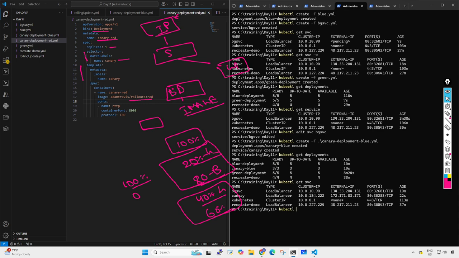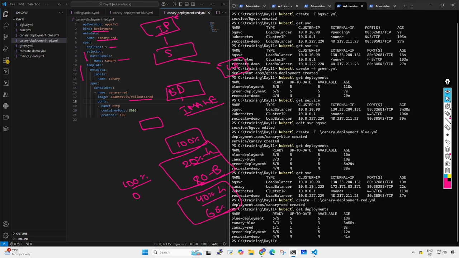Let me run a command called kubectl create -f canary-deployment-red.yml. Okay, it has been created. I'll run a command called kubectl get deployments, and see in our red deployment what we have mentioned one pod, and here what we have mentioned 3 pods. Okay, and both of them are connected,